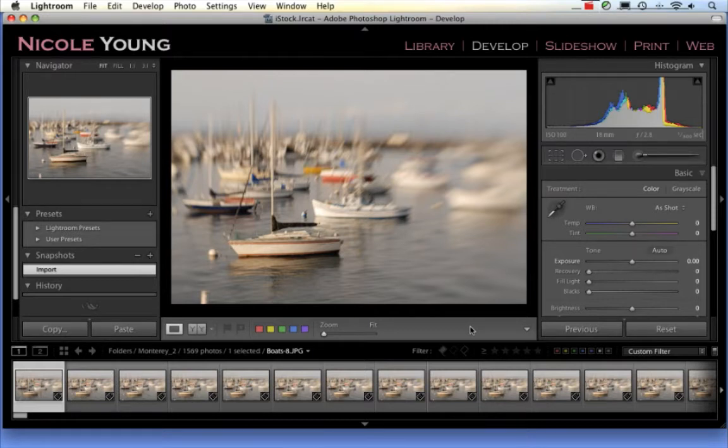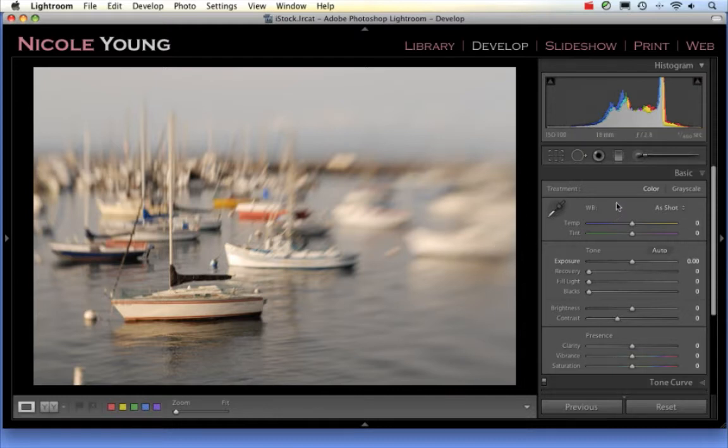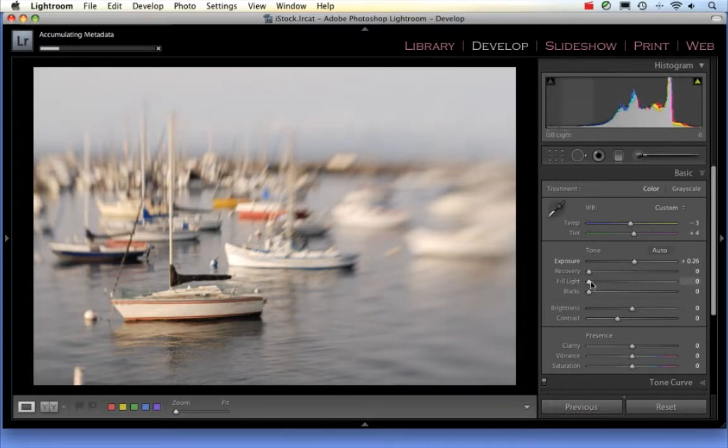As you can see, I'm in the Develop module. I'm going to go ahead and minimize the bottom and left panels so you can see the image a little bit better. Now I did a preset white balance on this, so it's pretty close. I'm just going to tweak things a little bit here and there, nothing too drastic, and mess with the light, add some recovery, make those blacks pop a little bit,